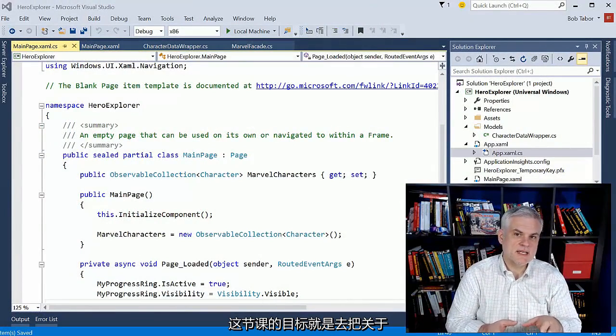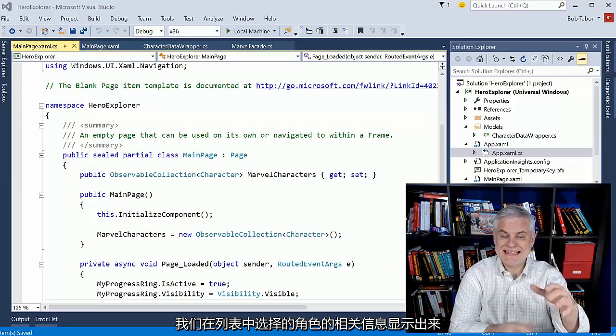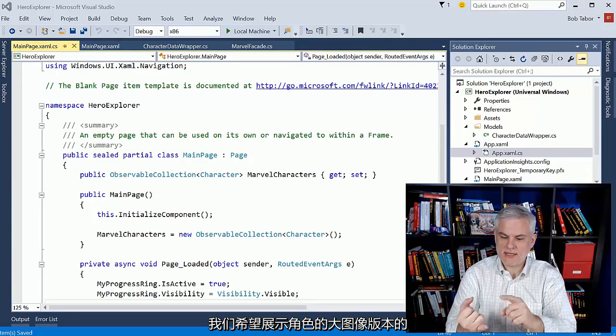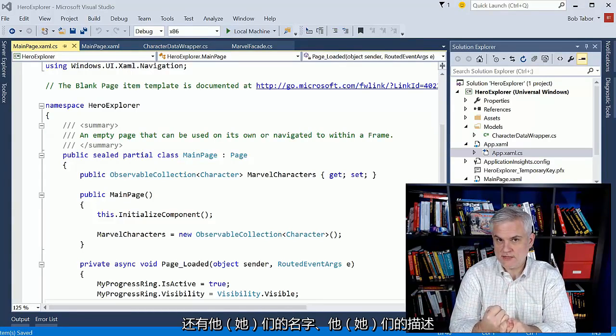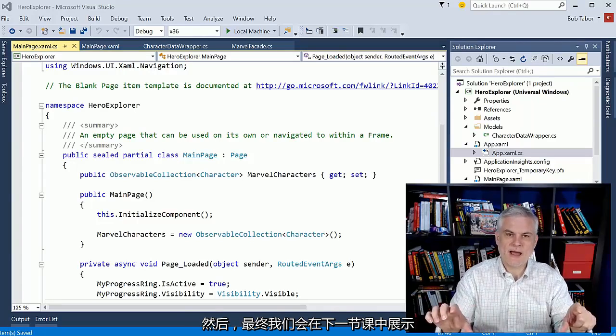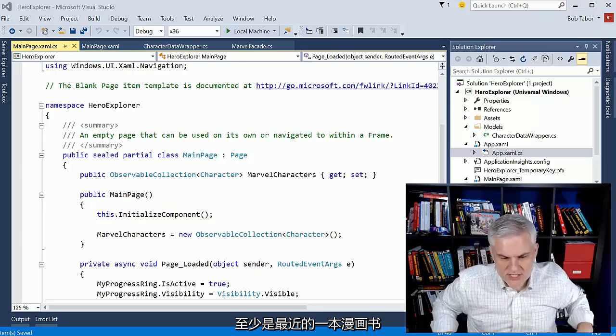The goal of this lesson is to display details about the character that was selected in the master list view. We want to display the character's larger version of the thumbnail image, their name, a description, and then eventually we'll display in the next video all the comic books related to that particular character, at least the most recent comic